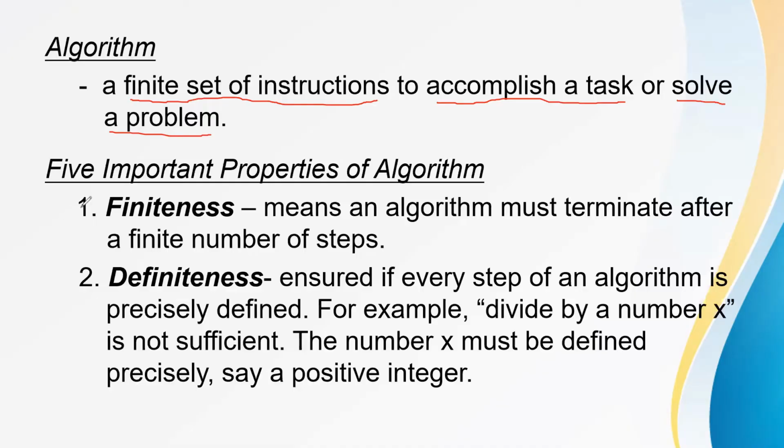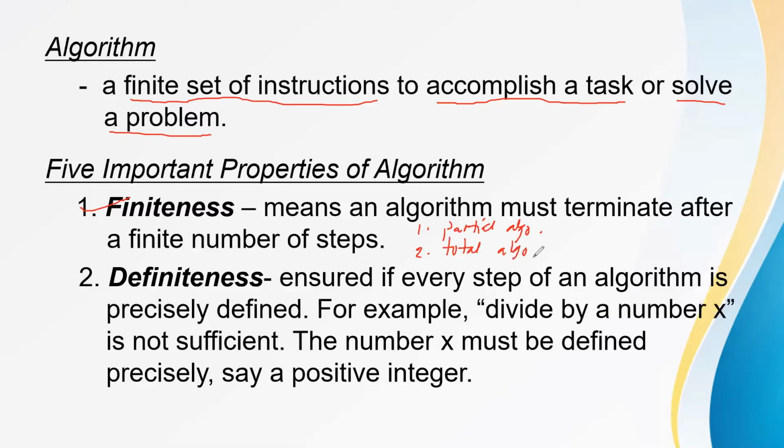So first is finiteness. This means that an algorithm must terminate after a finite number of steps. Now recall, in our programming course, we discussed that there are 2 types of algorithm, okay? And what are those? Do you still remember? What are those 2 types? First is the partial algorithm, and the second is total